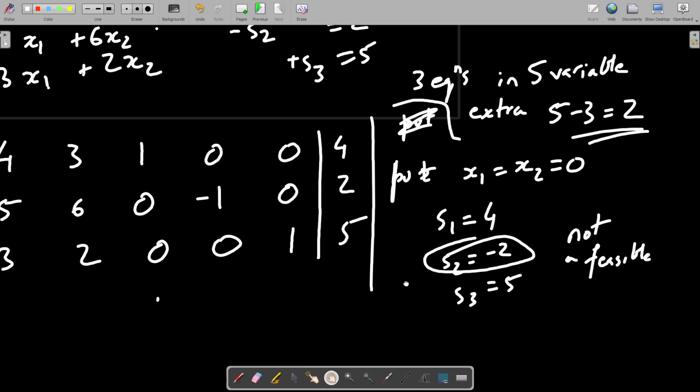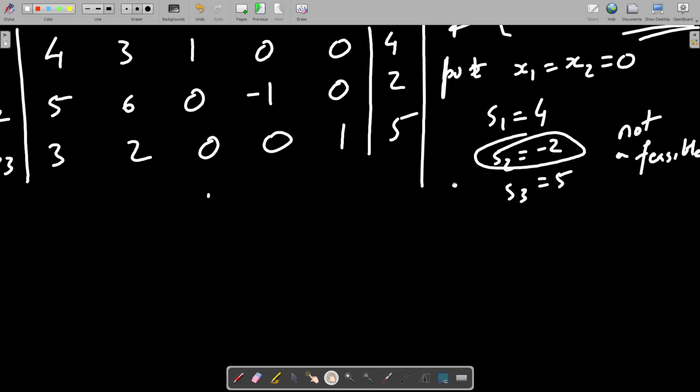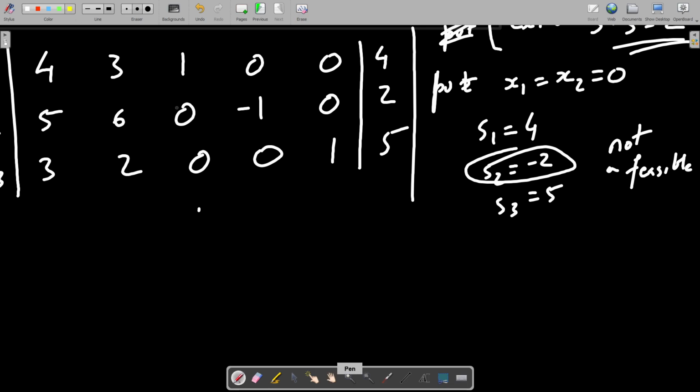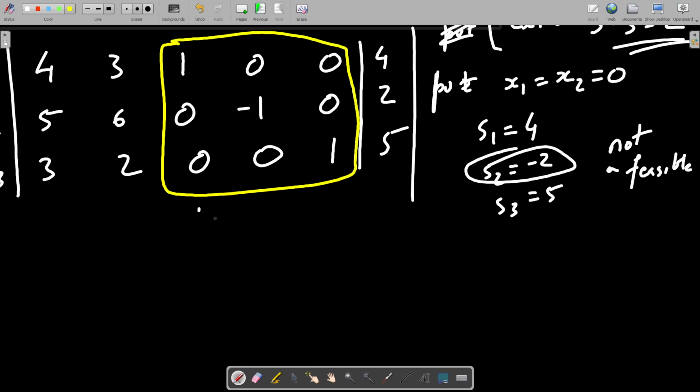So next, notice another thing here. In every simplex method problem which we solved, this was always the identity matrix, right? Then only we used to get that basic feasible solution. But is it identity right now? No, right? This is again creating a problem. So not identity.